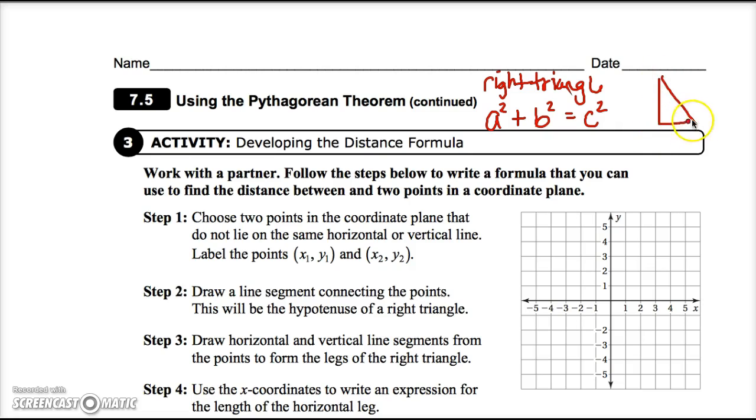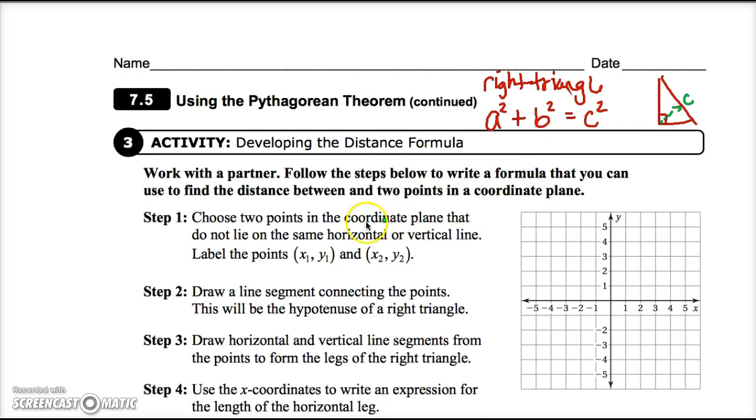Okay, and if you had a right triangle like this, here's your right angle, really the only side that mattered was c, your hypotenuse, and that was the side that was always directly across from the right angle, so that would be c. A and b will be the two legs, and it doesn't matter which one's A and which one's B. So what we're going to be doing and looking at in this video is finding the distance between 2 points on a graph, but being able to use the Pythagorean theorem to find the distance between those 2 points. So if you look at activity 3,